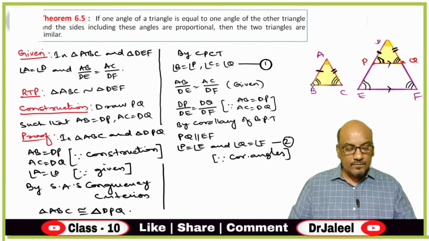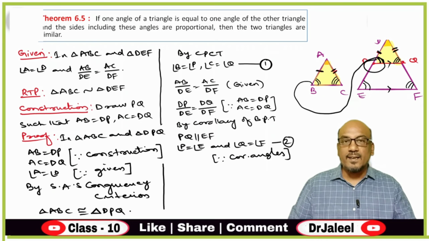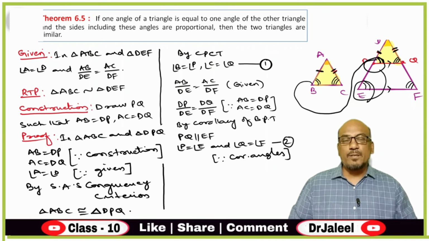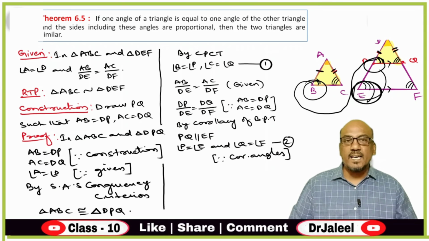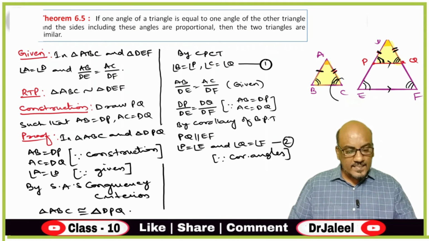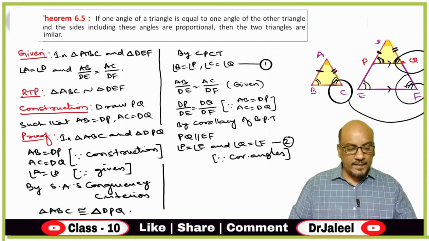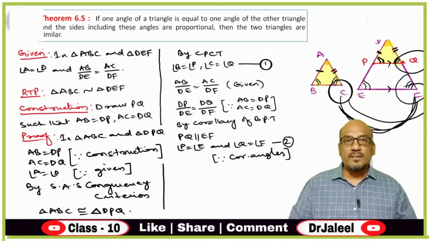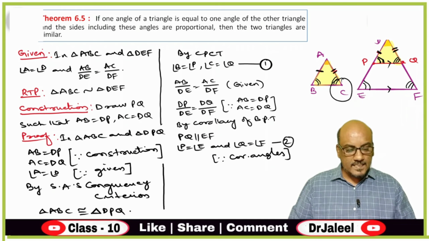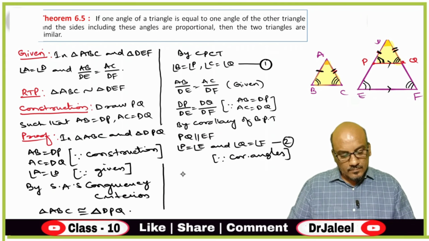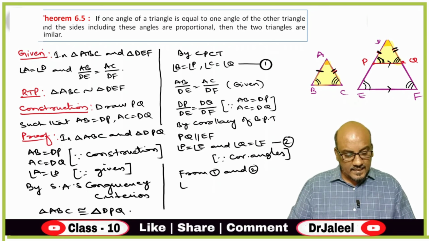So children, in the first equation B was equal to P and now P is equal to E. Thereby you can say that this B and E are equal. Same way, in the first equation C was equal to Q and now Q is equal to what? F. Thereby this C and F both are equal. So let us mention it. From 1 and 2, from first and second equation, we can say that angle B is equal to angle E, angle